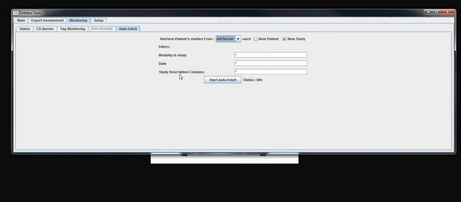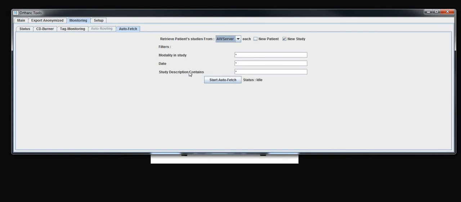Logically, it would be a PACS, and see if for this patient there is some history matching your modality filter, your date range, and your study description, and automatically retrieve them into your local Orthanc,